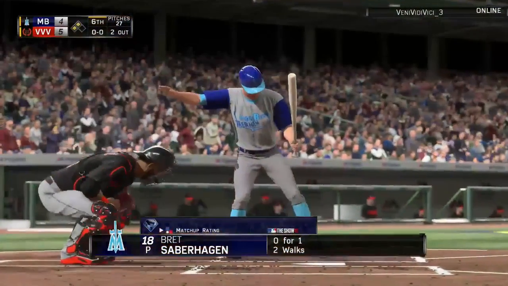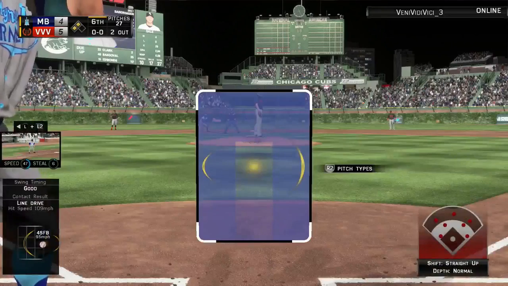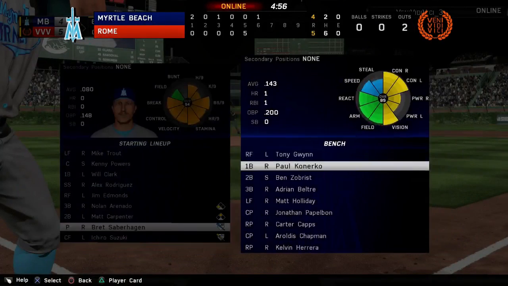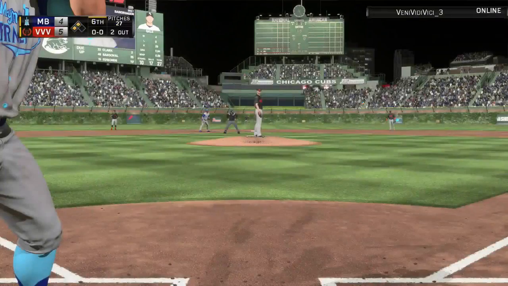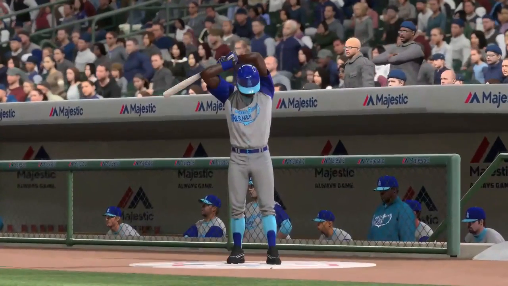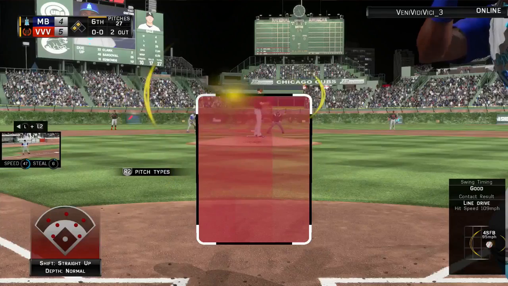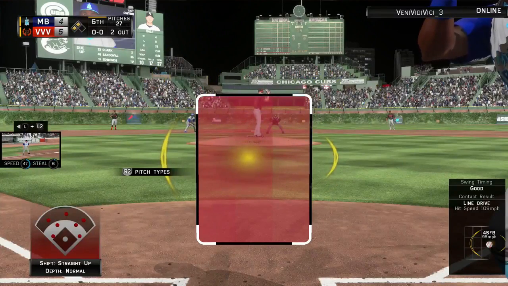And now I want to show you something else, guys, of an approach for contact hitters. I showed him I could hit that, but we have somebody like Tony Gwynn that comes up to bat. This is where you do want to ultimately try your best to hit it opposite field on the ground. If you guys watch my Ichiro Tony Gwynn reviews, they can pull the pitch. But right here, I'm just trying to get a base hit, and I'm going to try to stay on top